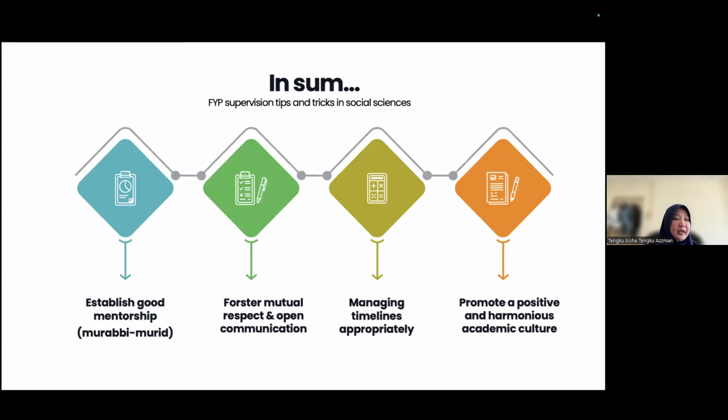So in summary, these are some of the things that I think I can sum up in terms of supervision tips and tricks. It's always our goal to establish good mentorship. So it should be an enjoyable relationship, something that you develop throughout the 6 months, and then you develop good collaboration. You also get to know them as people. For example, my student got married immediately right after, so she invited me. So it's a very personal relationship sometimes. So you get to know them and you get to know their problems as well. Sometimes they tell you they have issues at home. So it's not just the academic side of it or developing research skill.